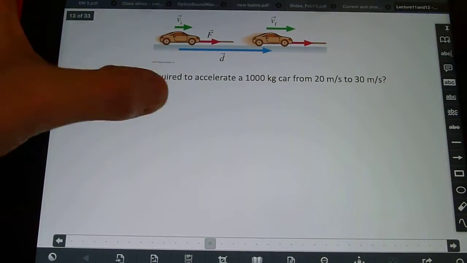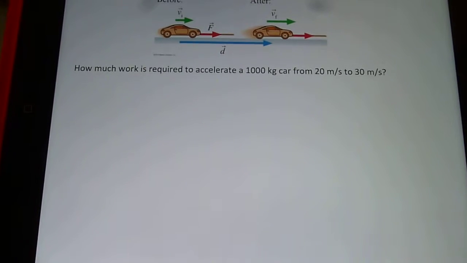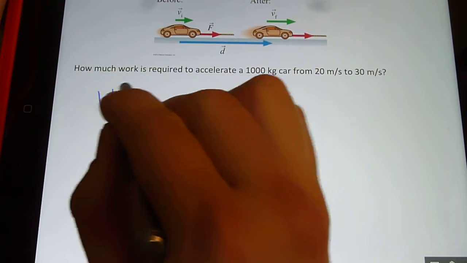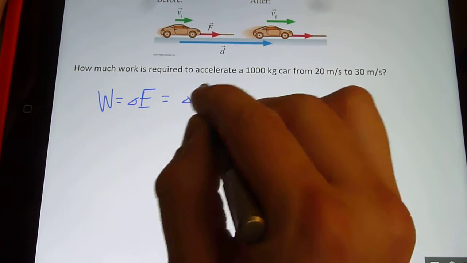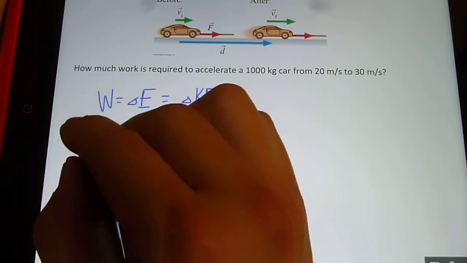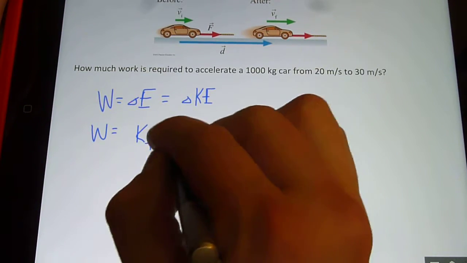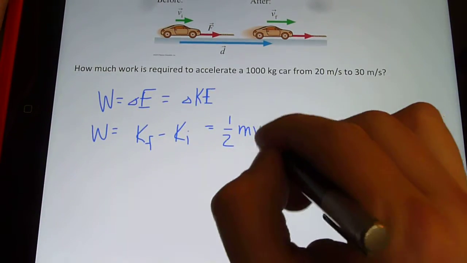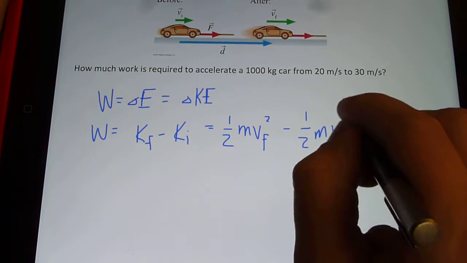Here we've got that car from that first example. And we're going to think about how much work we need to accelerate it a certain amount. So again, we go back to our formula for work is equal to the change in energy. And here we've only talked about the change in kinetic energy. So that means the work that we do, which is what we're looking for, has got to equal K final minus K initial. So it's going to be 1/2 m v final squared minus 1/2 m v initial squared,